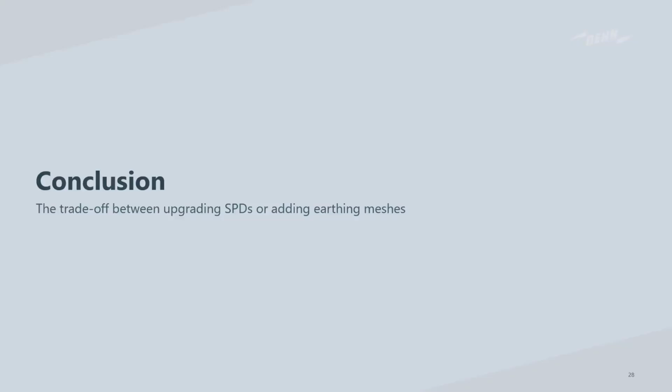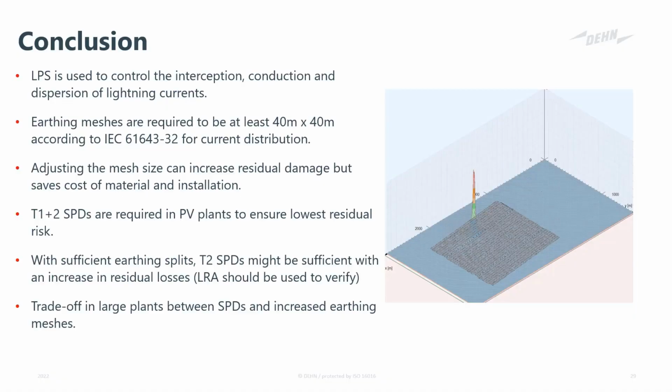So to conclude, lightning protection systems are used to control the interception of a lightning strike and also the conduction and the dispersion of the lightning current through the soil and through the earthing system. If we have the 40 by 40 meter mesh earthing system as per the requirement from the standard, the dispersion is quite adequate and sufficient to ensure that the SPDs will also not be overstressed during that direct lightning current strike. By adjusting the mesh size, we can save a lot of material costs by adding a slight increase in residual damage annually on what we expect in